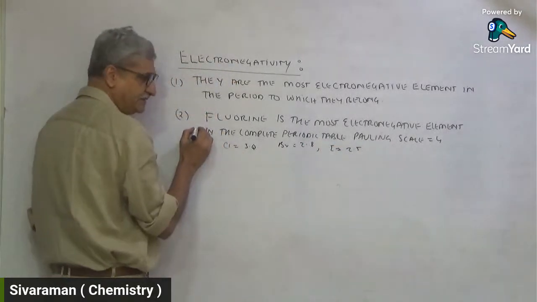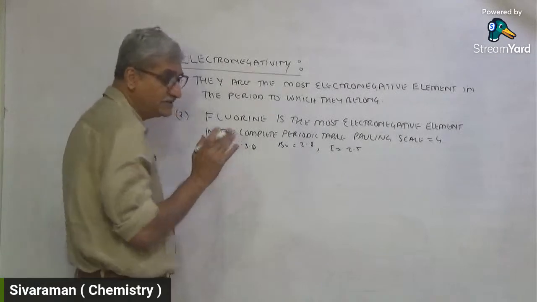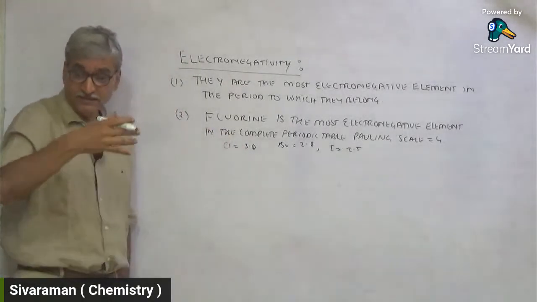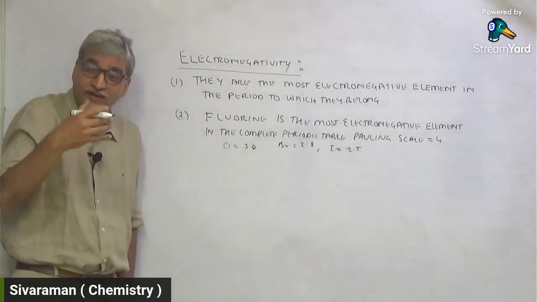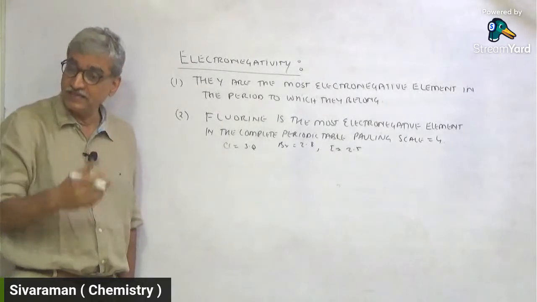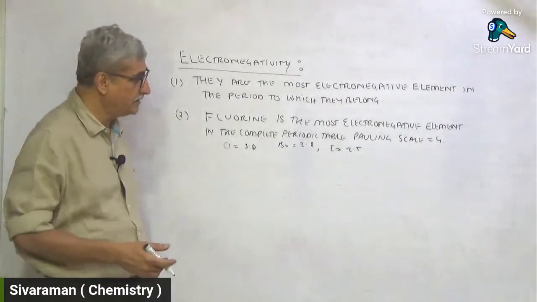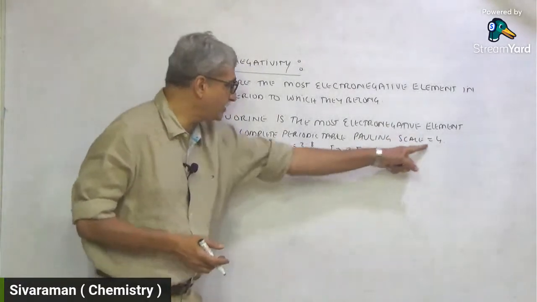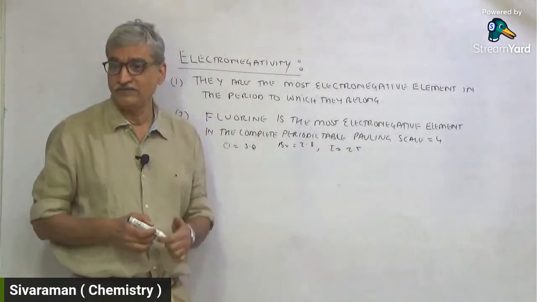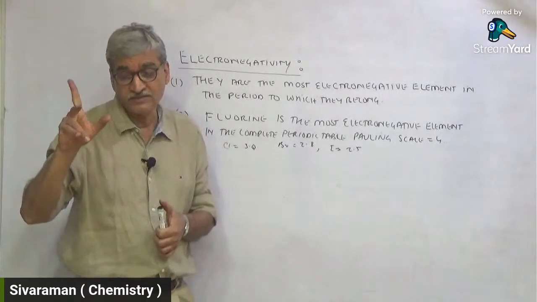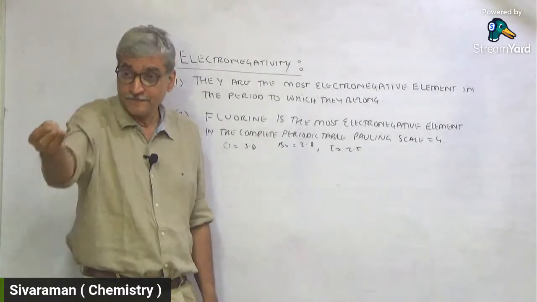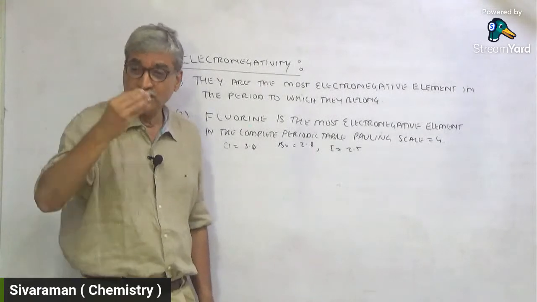I'm mentioning this because there's a relevance to something we are going to come across at a later stage. This has a relevance to why halogens form interhalogen compounds. One of the answers is the large difference in electronegativity. So 4 and 3.3 differ by 0.7, 4 and 2.8 by 1.2, and 4 and 2.5 by 1.5. This large difference in electronegativity allows one halogen to combine with another halogen.